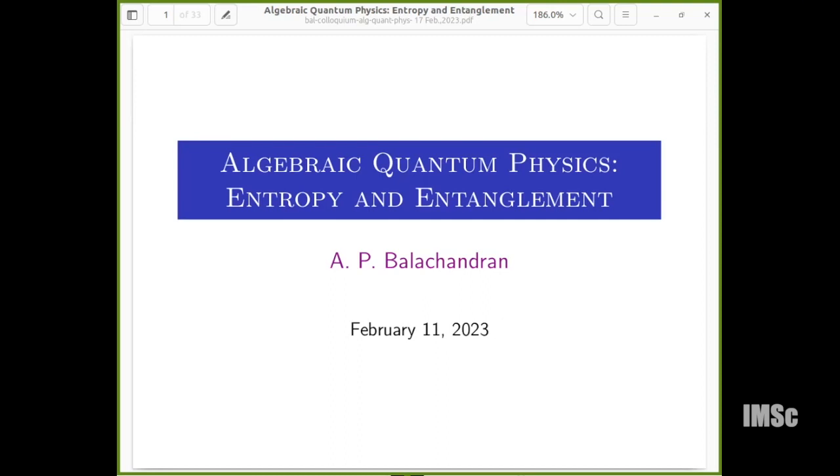Now you may ask, what is the physical meaning of this M prime? Prime normally denotes the commutant, and you may ask what they are in physics. We will see later. In physics, M will be some local algebra, and M prime will be